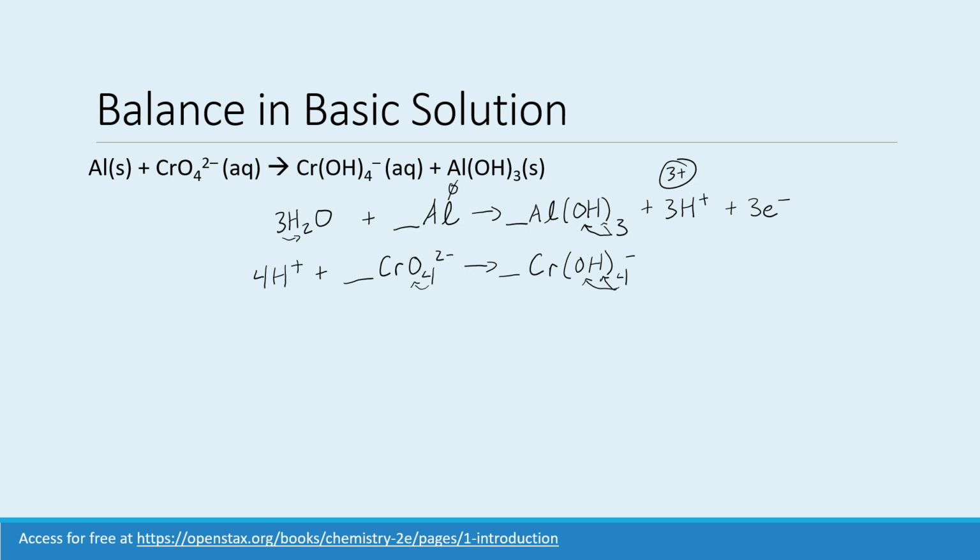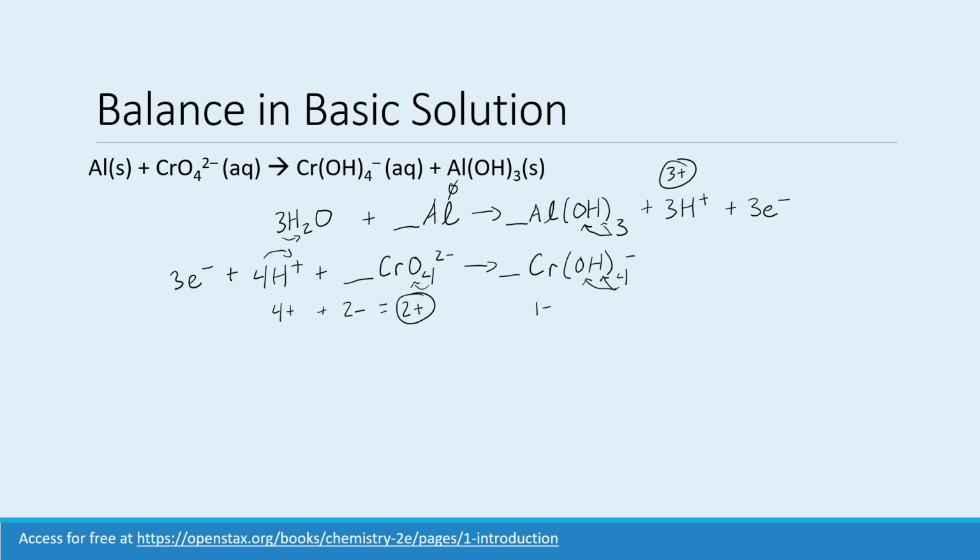And then second reaction, we've got a 4+ charge coming from those hydrogen ions, plus a 2 negative charge coming from the chromate ion for an overall charge of 2+, versus a 1 negative charge on the product side. And so of course the reactant side is bigger by 3, so we're going to add 3 electrons onto the